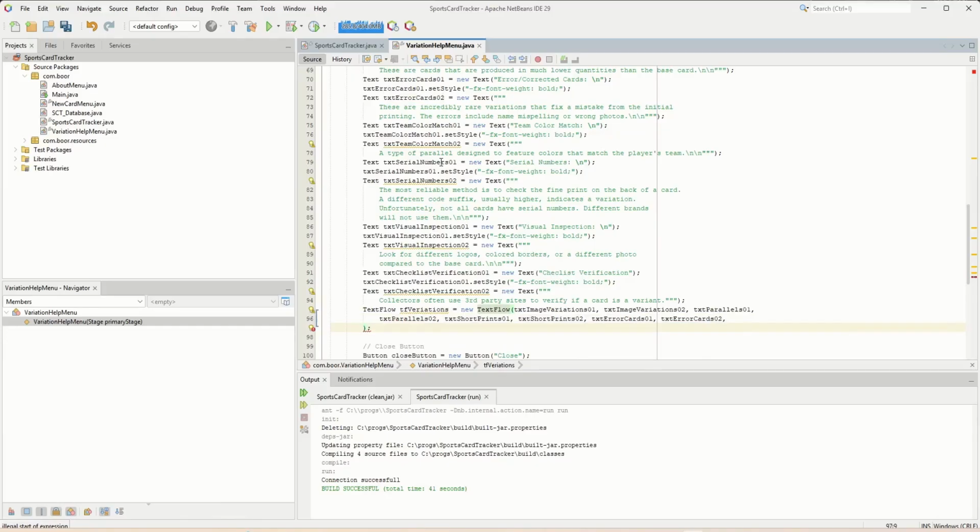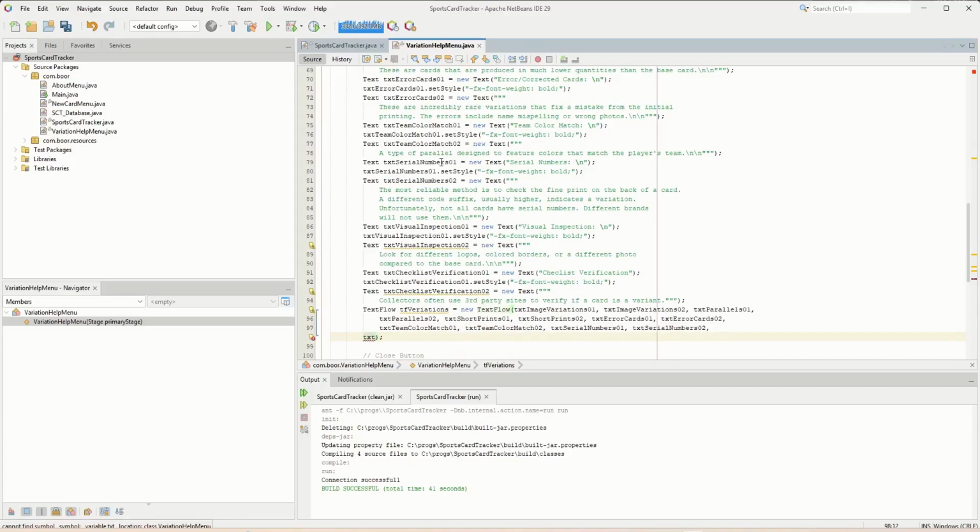Then we're going to put in our theme color matches, txt theme color match 01, txt theme color match 02, and then our serial numbers, txt serial numbers 01, followed by txt serial numbers 02,